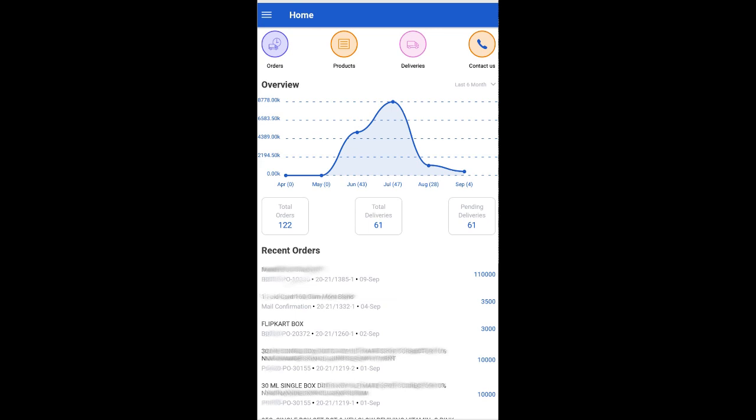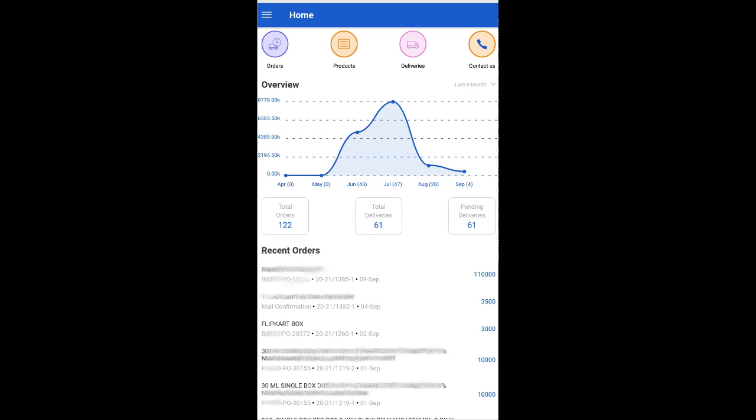So in fact, you would get all the data that you always wanted to ask a printer and never got a reply on time. All this information and more is provided proactively from us to you on your app. Now, in the previous video, I talked about how to install the app and how to log in using a key with which you can access your company's data. In this video, I'm going to talk about how to use this app to get all the information that you need.